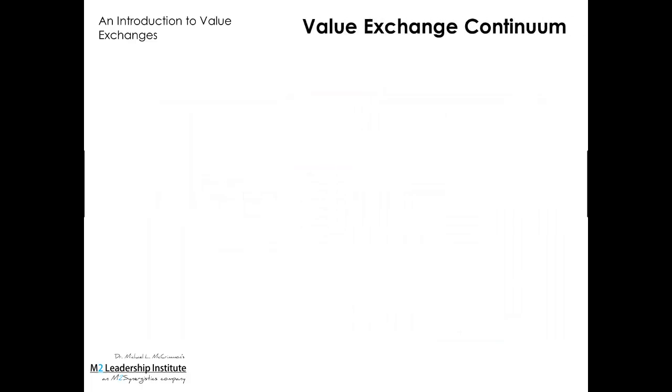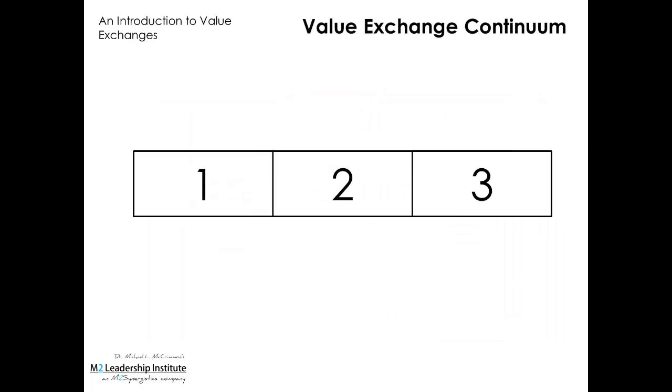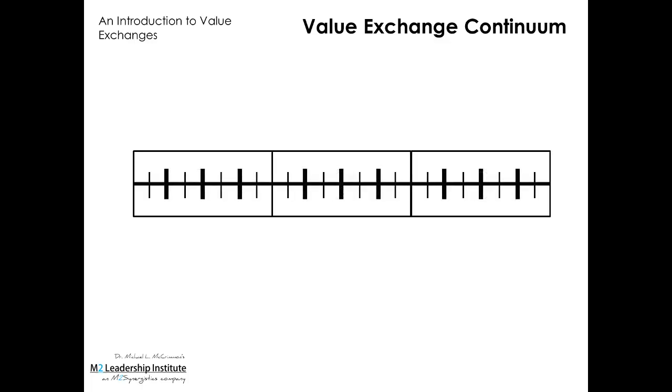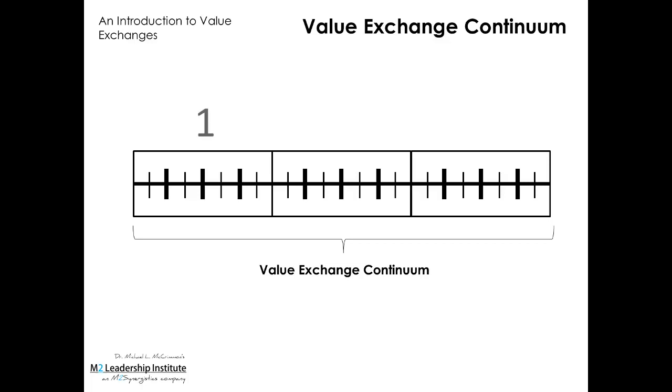There are three types of value exchanges, and to understand each exchange and its relationship to the other two types, we use something called a value exchange continuum. The value exchange continuum is a tool used to identify and calibrate the intersection point of value between two or more parties. The continuum and its three levels allow us to paint a concrete picture for the different types of value exchanges there can be between parties, and most importantly, it allows us to use a common language in identifying and relating to the different types of value created by parties.